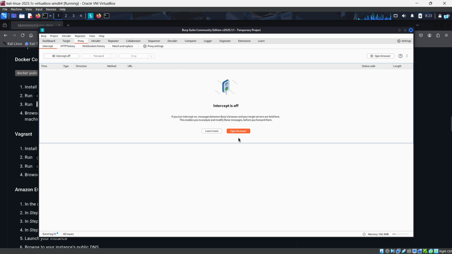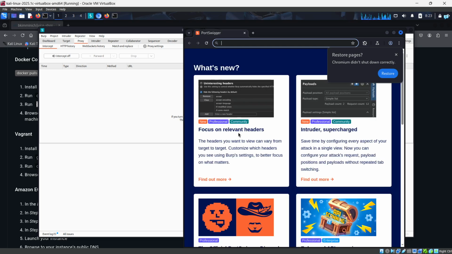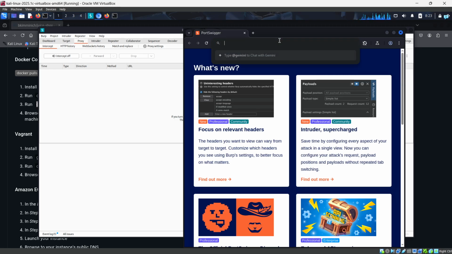You'll get this menu, and then click on open browser. This will take a bit of time. The first time, it will take a bit of time to open Chromium, so just leave it as it is. And okay, leave that as it is. Open